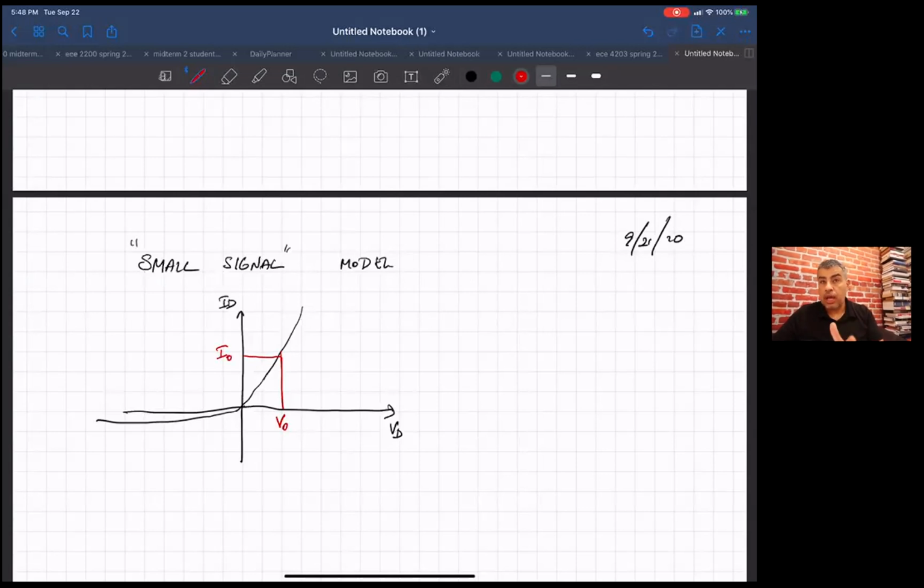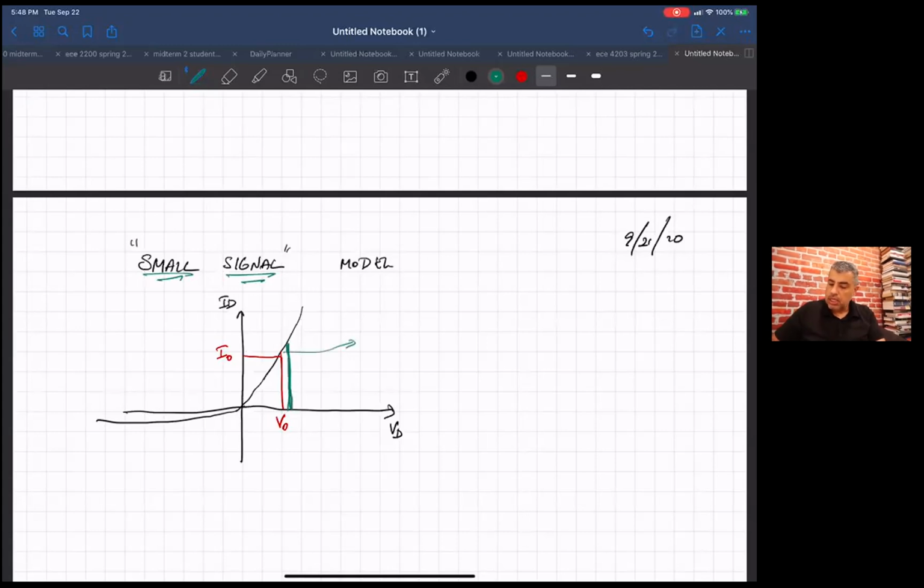I know what I sub 0 is. If I get a change in V sub D that's small, and this is where the small signal comes from, if this change is very, very small,